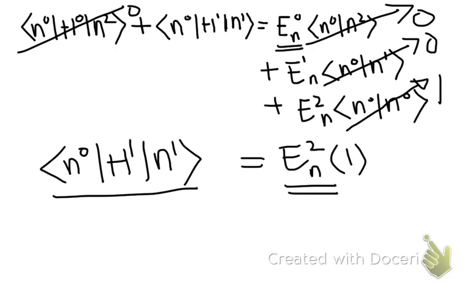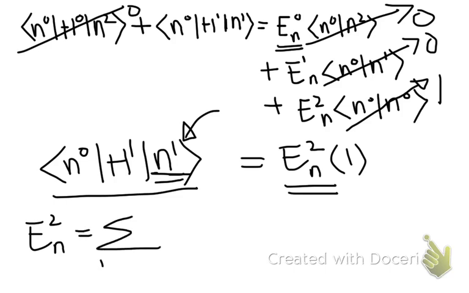Now, if I recall that I have already found my N1, I can put the value of N1 that I previously found in here, and I'll get E_N^2 is equal to the sum over all the states where M is not equal to N,